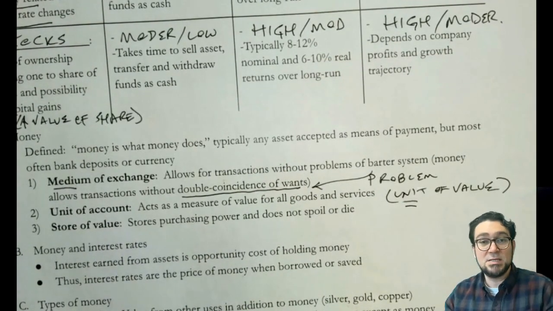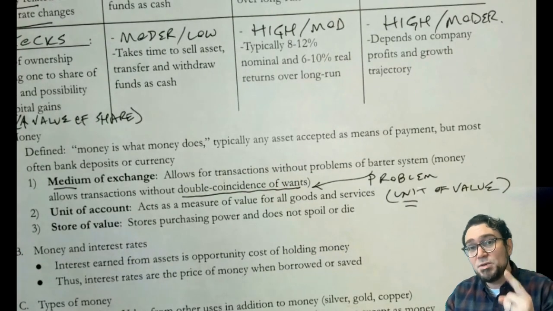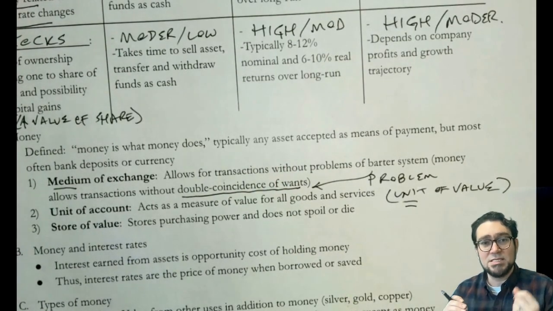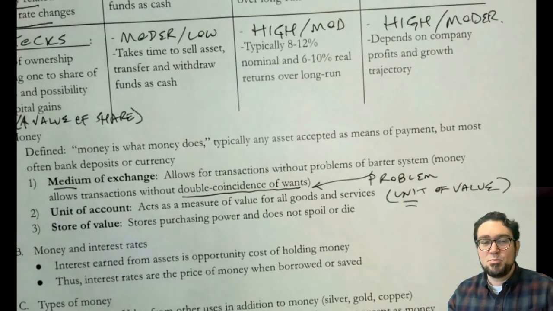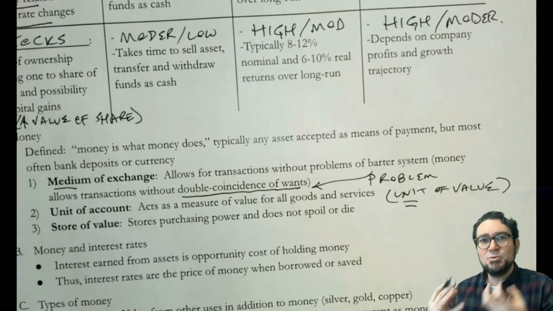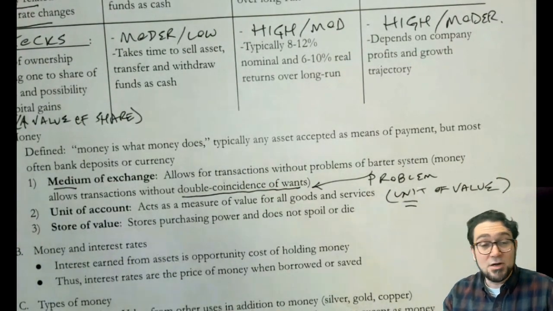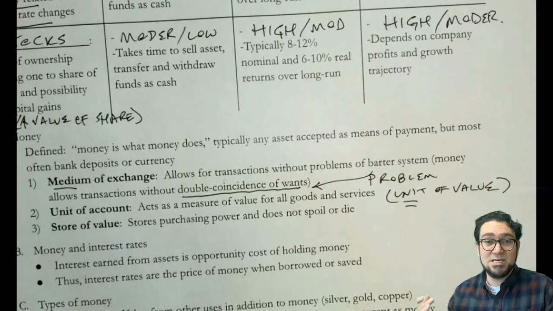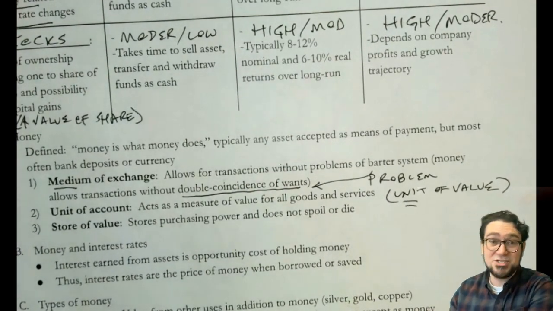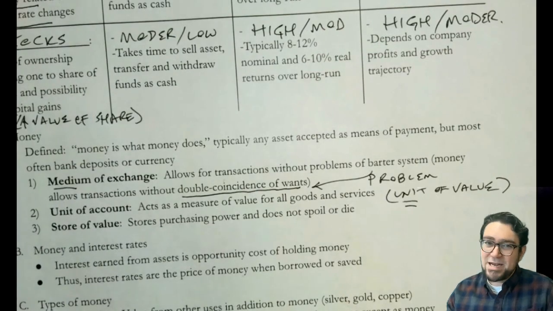So if you have something like, say, Bitcoin, it has a really, really high value for one Bitcoin. So it doesn't really work very well as units. Pricing a pizza in Bitcoins really relies on having tons of decimal places. And so we wouldn't really say that Bitcoin does a very good job of unit of account. Bitcoin also is not widely accepted as a medium of exchange. So it's not a really good medium of exchange either. You could use it that way, and maybe in the future it would be, but not right now.